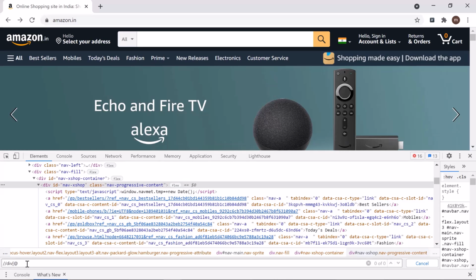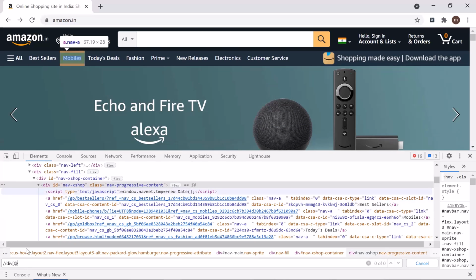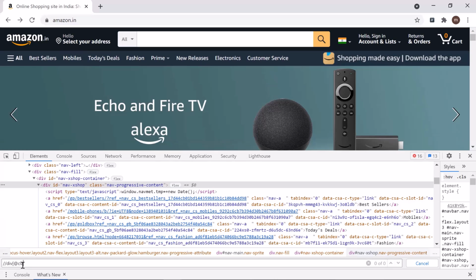You can use any other attributes as well, like name, if they are associated with the object. Currently, we have only 2 attributes associated with this div object. If you want to use another attribute like class, then you can mention the attribute name as class. But make sure that whatever attribute you are using, that should be unique enough to identify your web element.